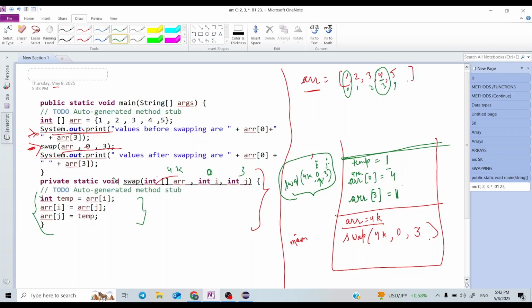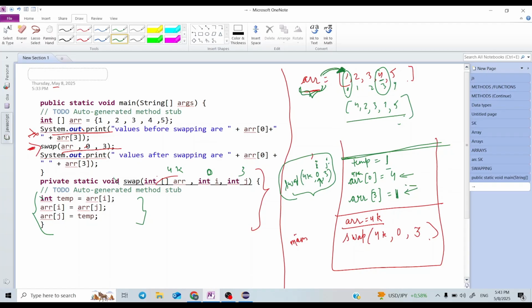So at arr of 0 comes 4, and at arr of 3 comes 1. So the resultant array will look like 4, 2, 3, 1, 5. So this swap function is working because we are going inside this array. Now why is this function working?